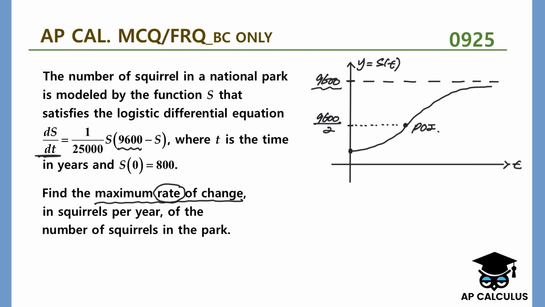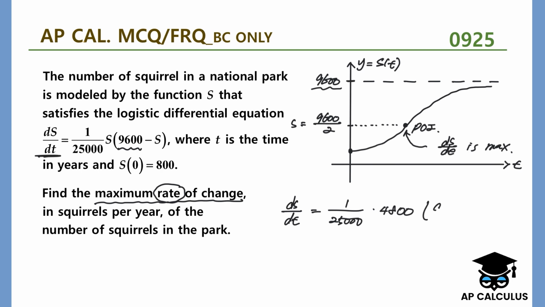This is where our first derivative, ds over dt, is maximum. So the maximum value of ds over dt is equal to 1 over 25,000 times, when s is equal to 9,600 divided by 2, that's 4,800,